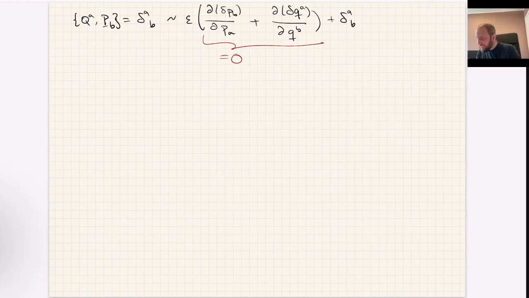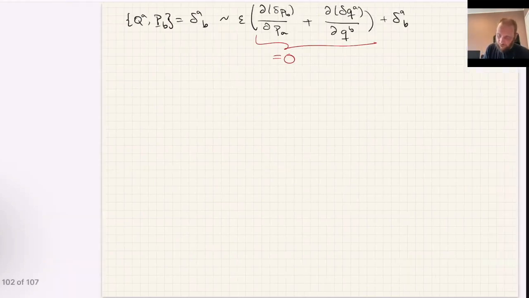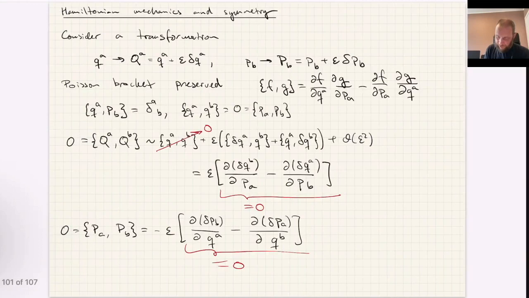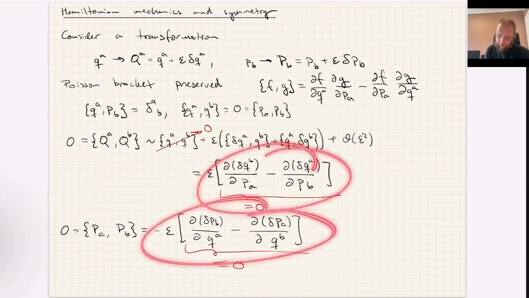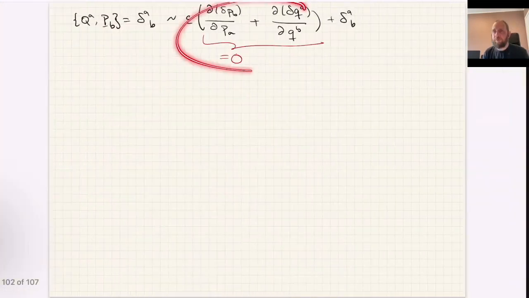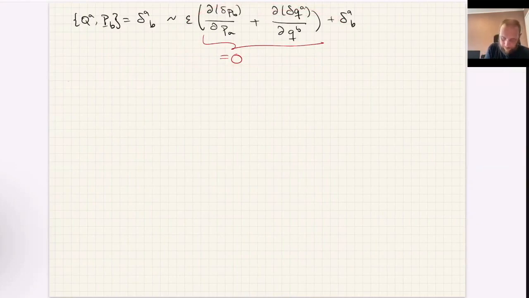So now we have a lot of zeros, but all of those zeros, this 0, this 0, and this 0, they are fulfilled, are satisfied, if we choose